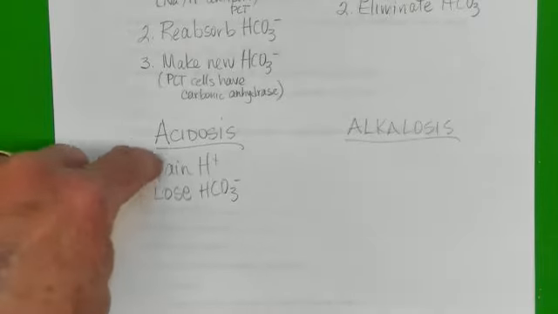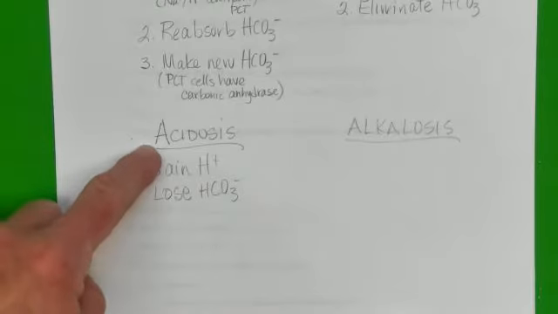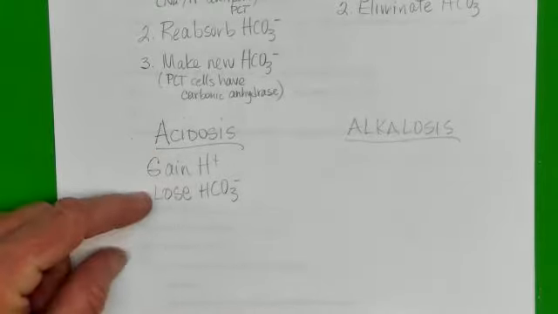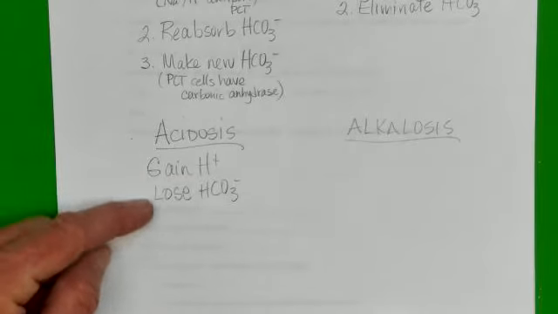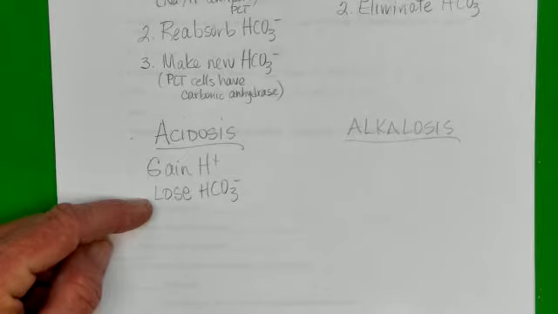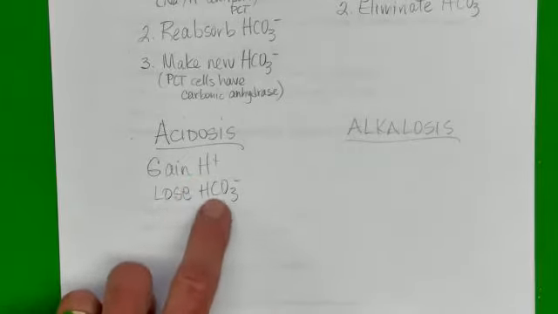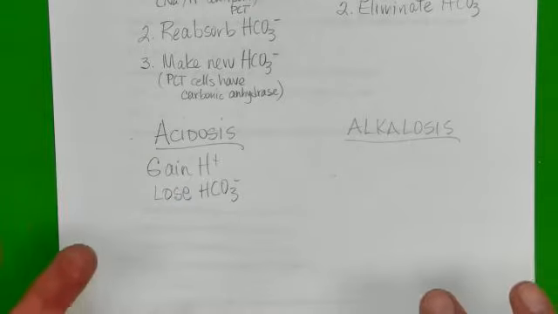If I gain 3 hydrogen ions, it will change the pH just as much as losing 3 bicarbonate ions. Okay, so these are exactly the same in their effect in producing acidosis, that change in pH. So either a gain of hydrogen ions or a loss of bicarb, and you're going to understand that here